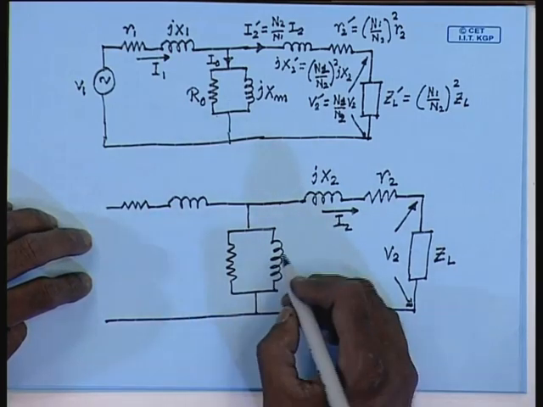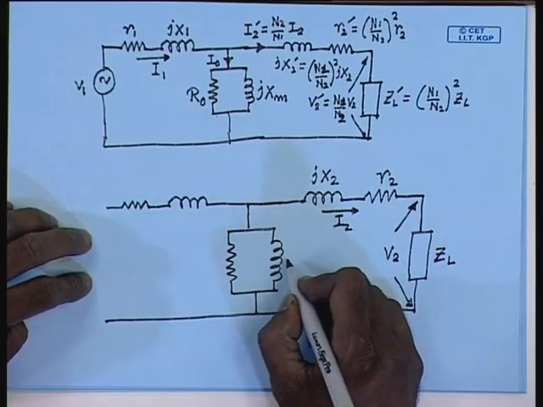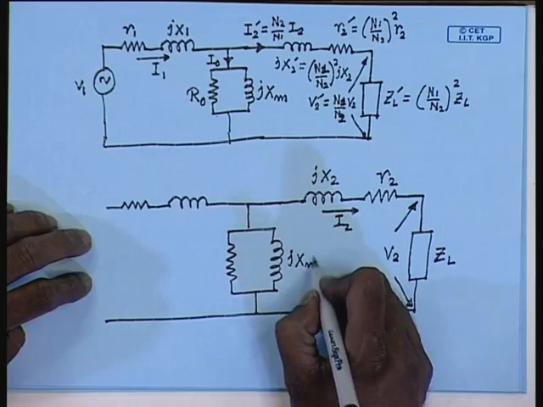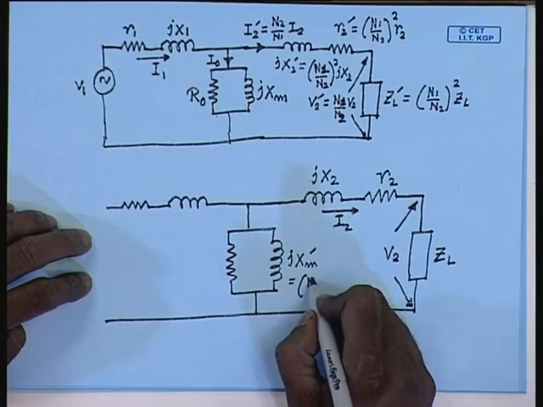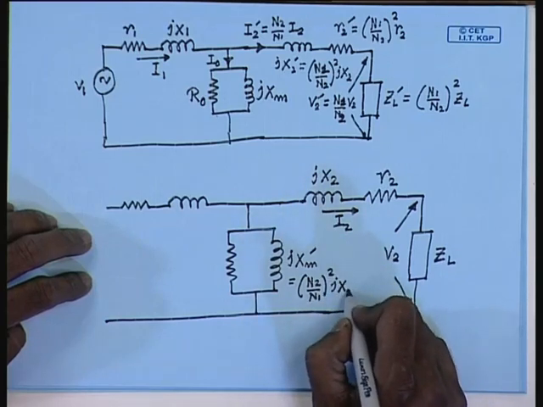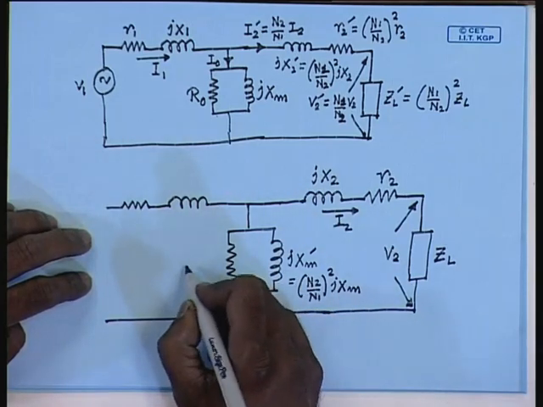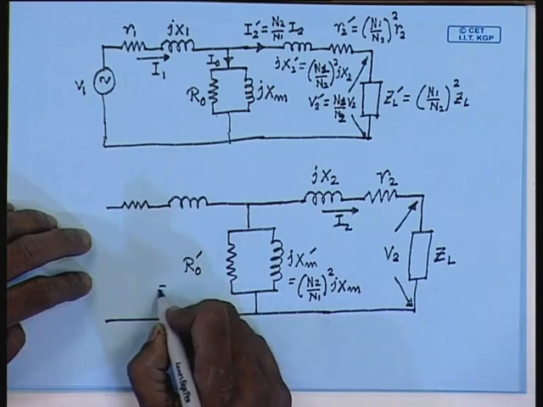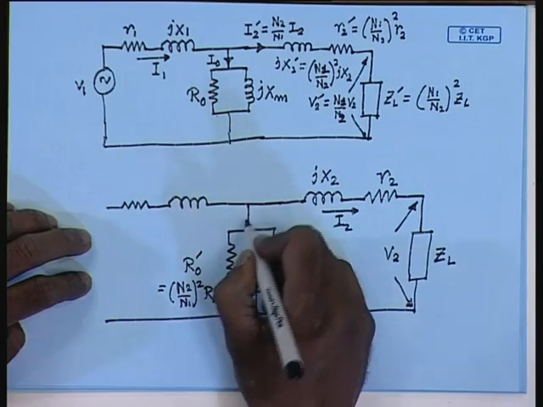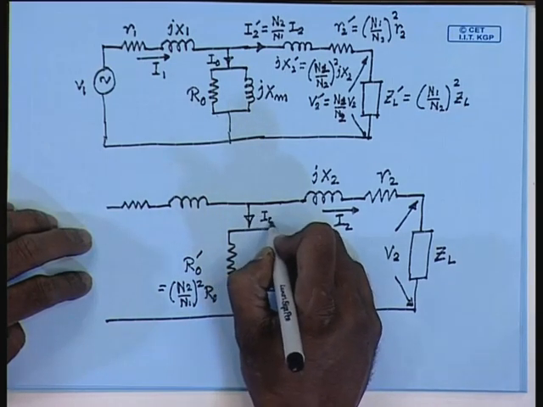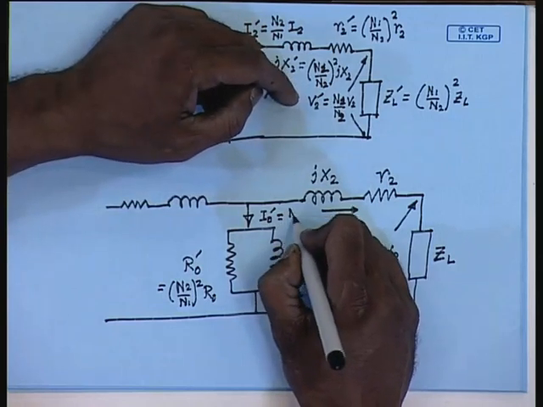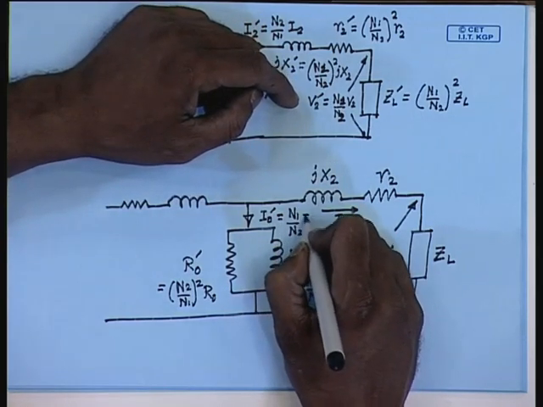However, the primary side elements, for example, the magnetizing reactance jXm dash will be equal to (N2 by N1) whole square jXm, R0 dash will be equal to (N2 by N1) whole square R0, I0 dash will be equal to N1 by N2 into I0,